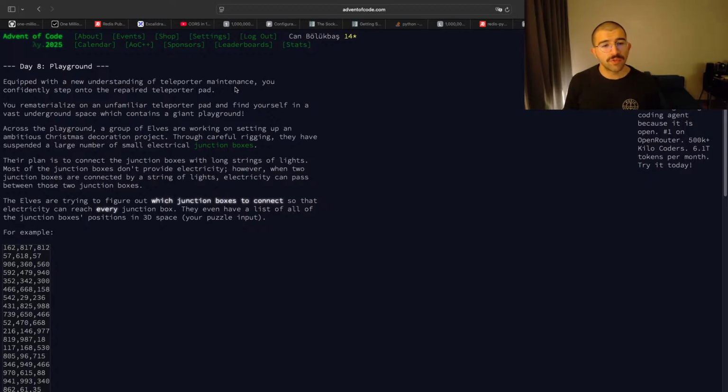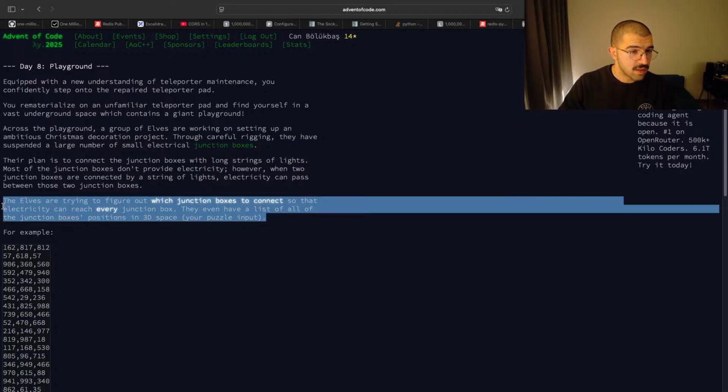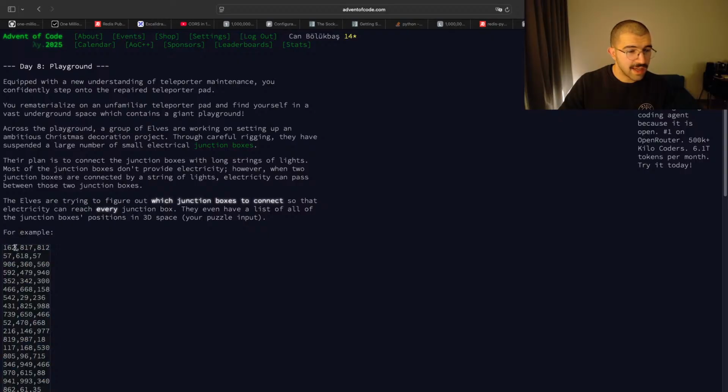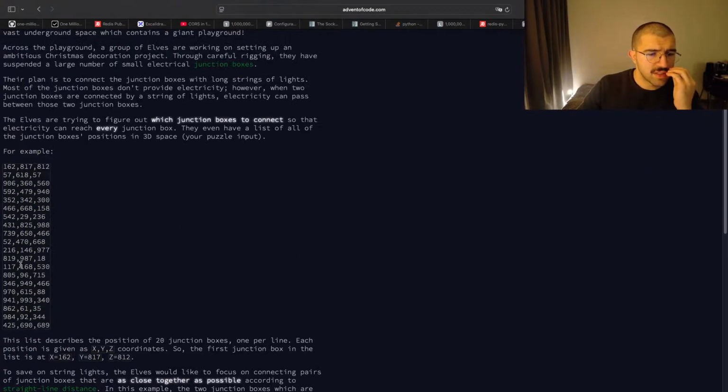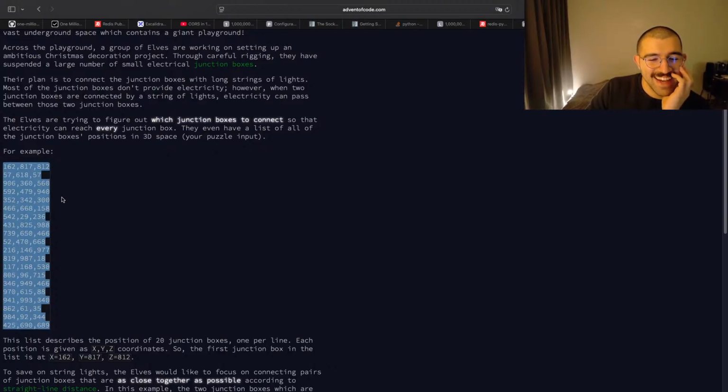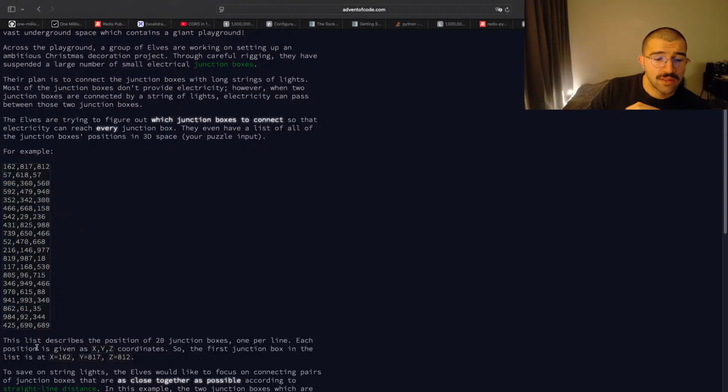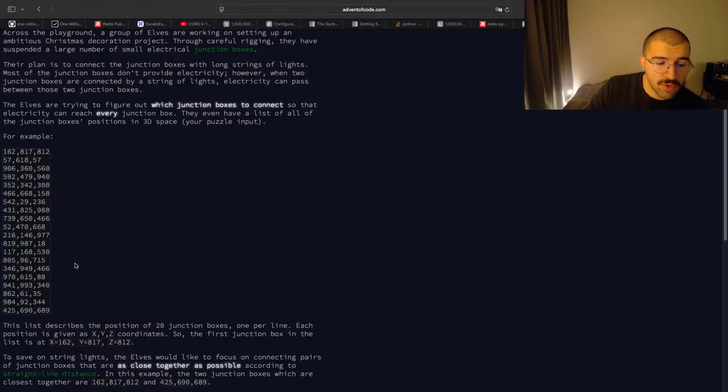The elves are trying to figure out which junction boxes to connect so that electricity can reach every junction box. They even have a list of all of the junction boxes' positions in 3D space. So for example, this is XYZ, right? This list describes the position of 20 junction boxes, one per line. Each position is given as XYZ coordinates. So the first junction box in the list is at these coordinates. To save on string lights,